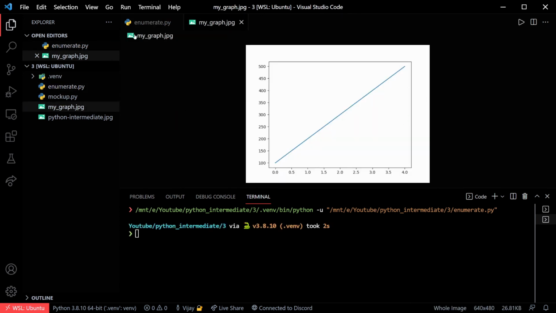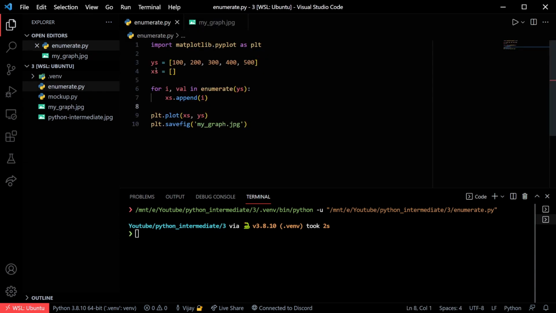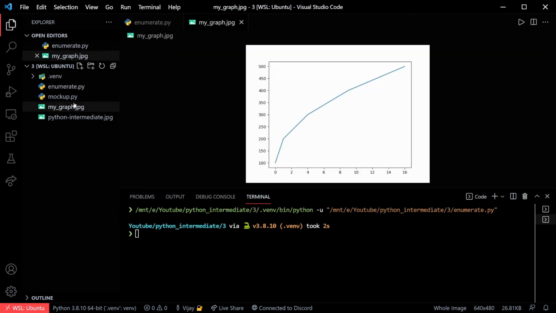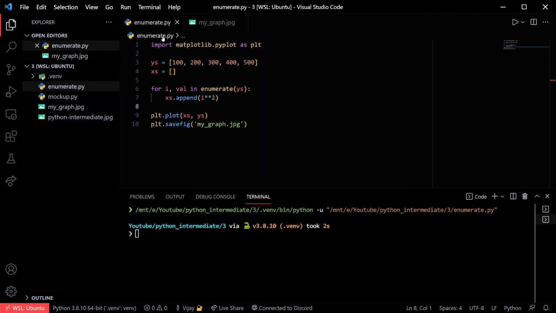Remember 4 representing 500, which is the end of the list. But now we want to make sure our x's are the squares of each time. So to do that, we'll just square each term of the index i coming in. And now our graph is that logarithmic function again of the squares of the x's, and they're still associated with the same y values. So now we're not having to go and look up y's. We already have them right here. So we just append the index straight up with the square,